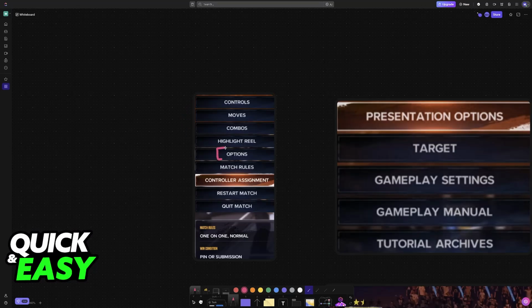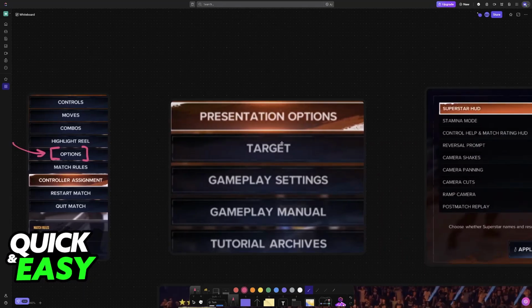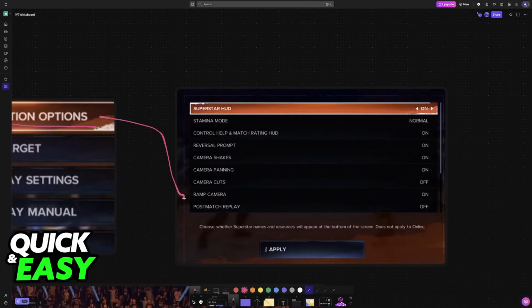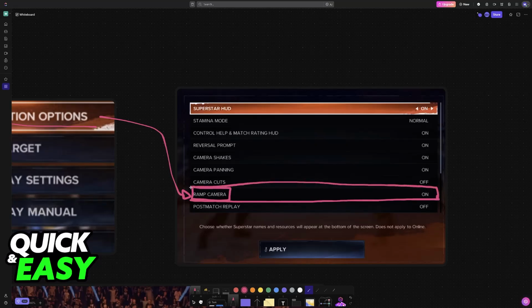In here, go into the options themselves. So click on the options button here, and then choose presentation options. Finally, you will be able to find ramp camera available, so all that you have to do is change this option here. By changing ramp camera, like I mentioned, you will change the view that you have of the ring,